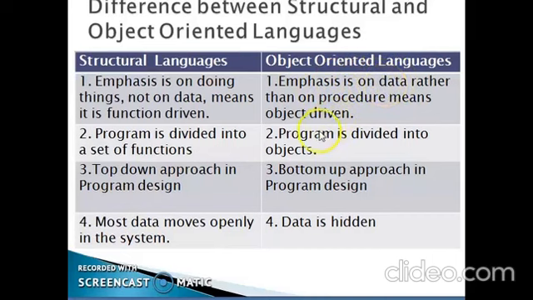Here the program is divided into objects, whereas in a structural programming language the program is divided into functions. A structural programming language uses a top-down approach. Now you'll ask me, what is this top-down approach? I had already spoken to you about structural programming language, and I said that the main problem is divided into sub-problems, and these sub-problems are solved using functions.